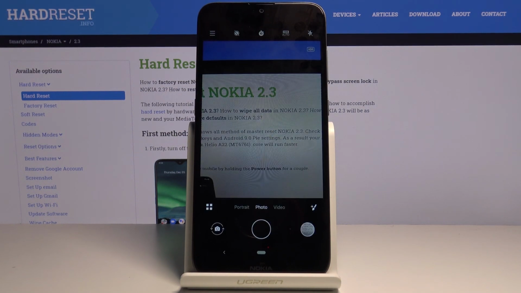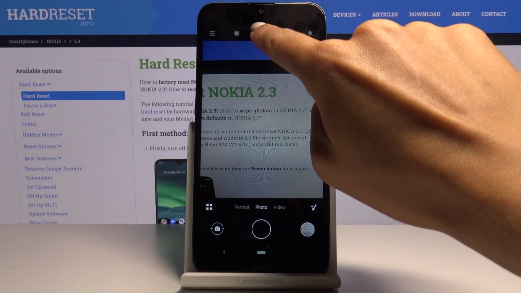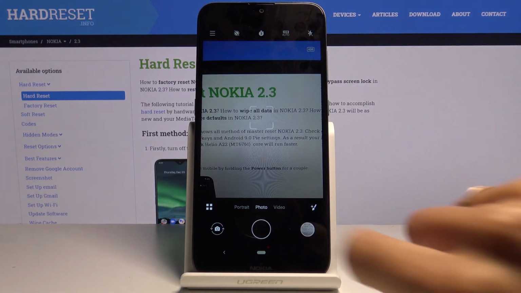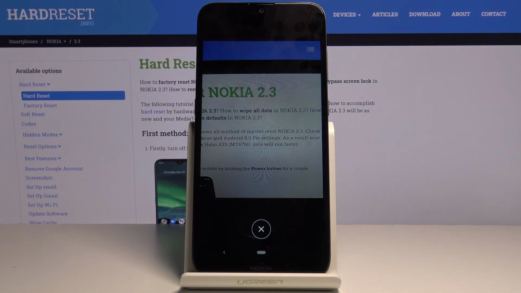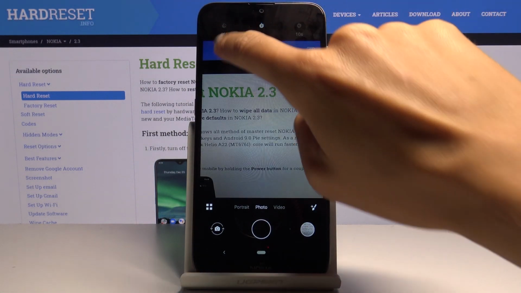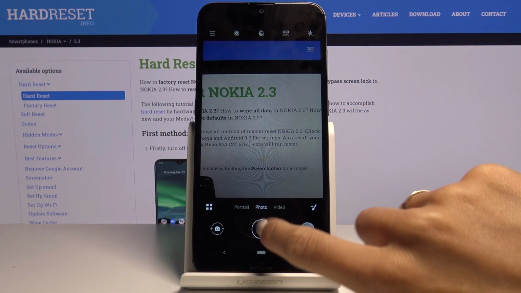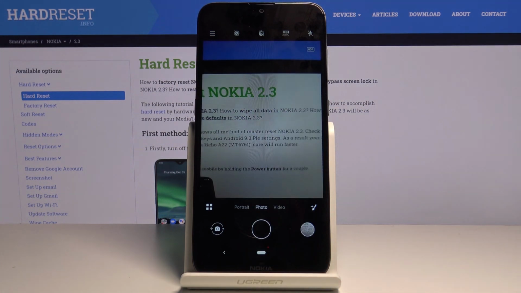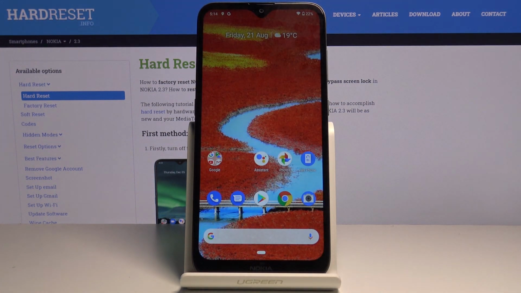And that's it. Obviously it works the same with 3 seconds option. Let me show you, 3 seconds, sorry. And then you can smoothly turn off this function by tapping on off, and now you can grab photo with no delay. So this is it, that would be all. This is how you can activate and use